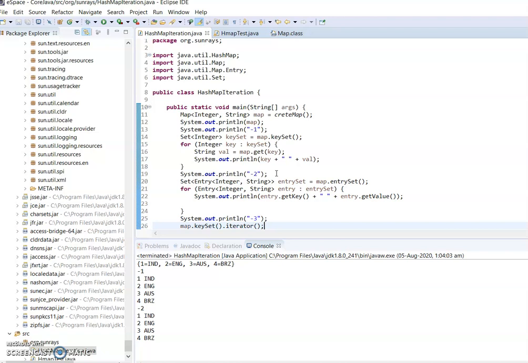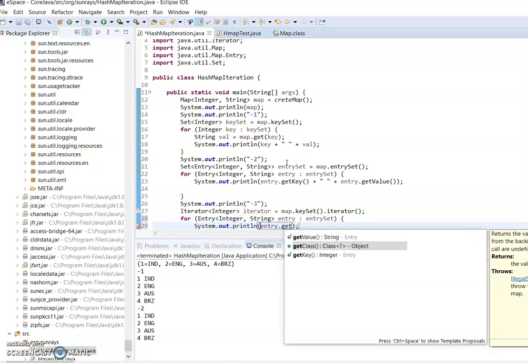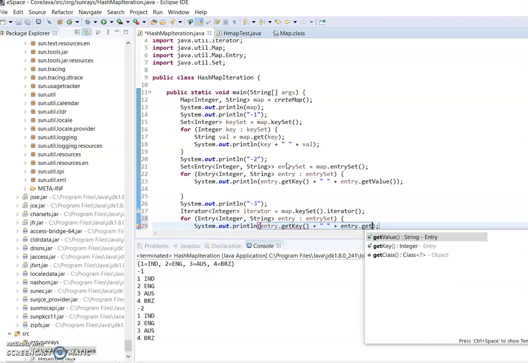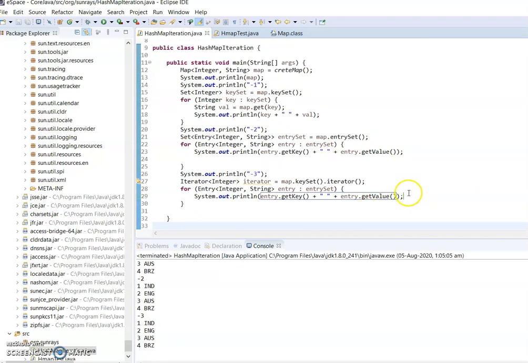From the iterator we can use the enhanced for loop, and in the same way get the key, and we can also get the value. Here we got the values.